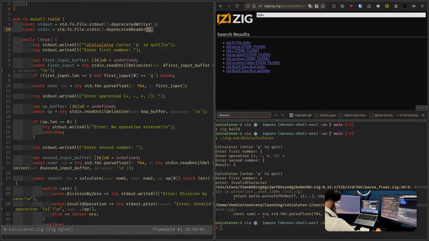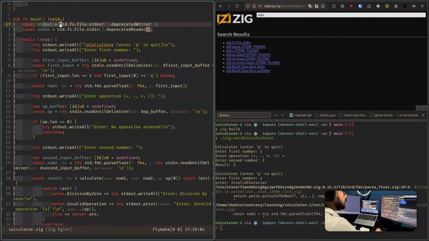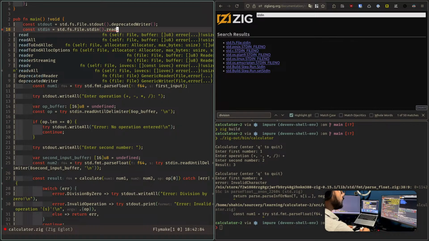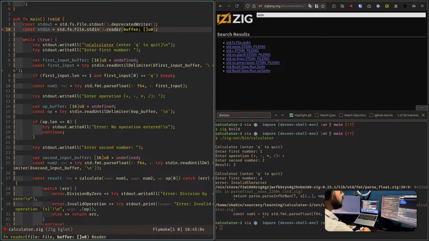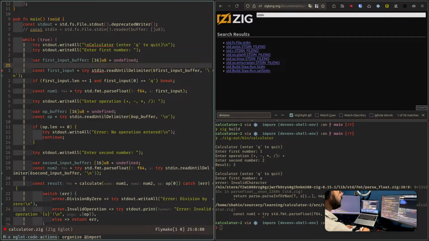And for that, I ended up using the std writer. For now, let's focus on the stdIn, because stdOut I still have some problems with that I need to figure out. But for stdIn, I'm going to change this to the new syntax that I learned, and that's having this reader. This reader requires a buffer already to be fed into it, so I cannot use it up here like this, but instead you need to come down here and say